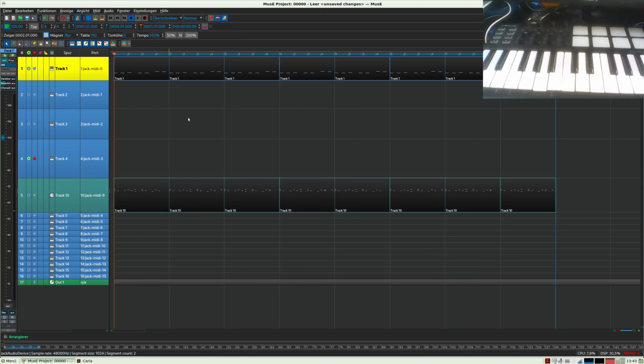Now go to first position and record and start recording. Go to the slider.